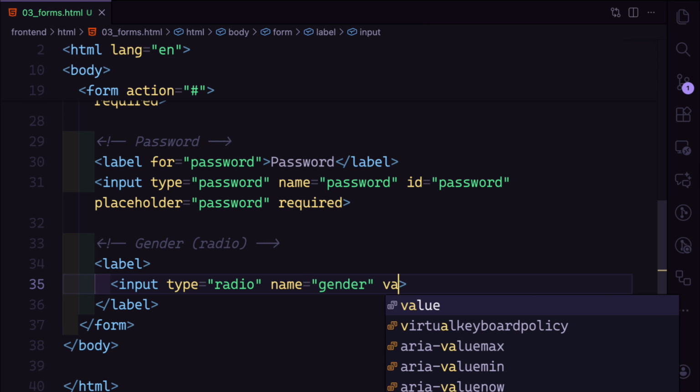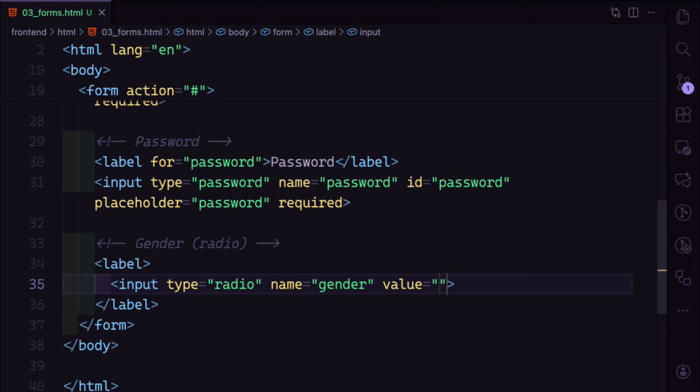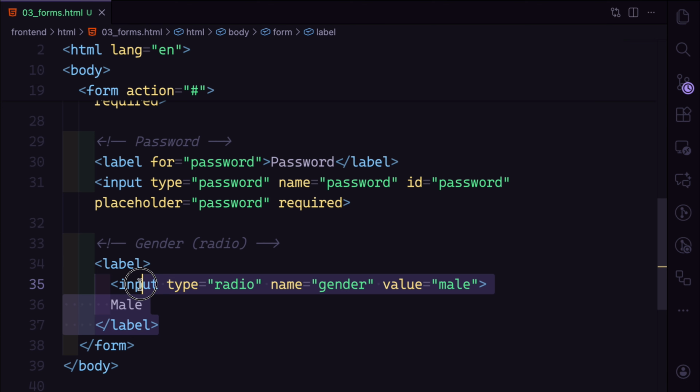Then we may have value. Value is also one attribute for these. So we can have male. And this is useful when submitting the form, what value would be submitted. And then here we may type out male. And similarly, we create